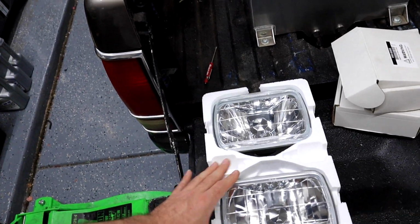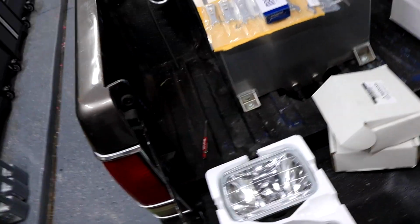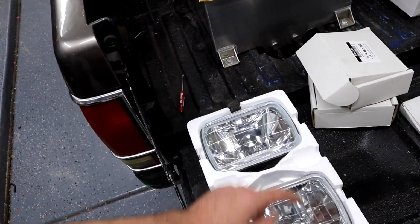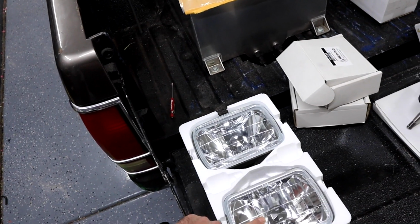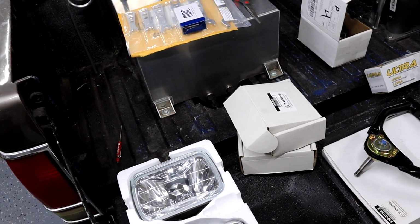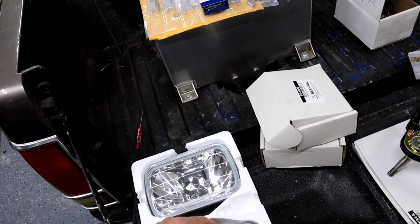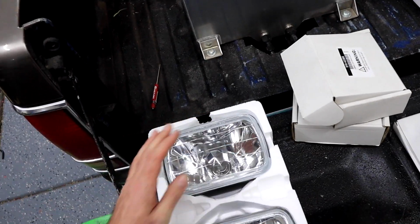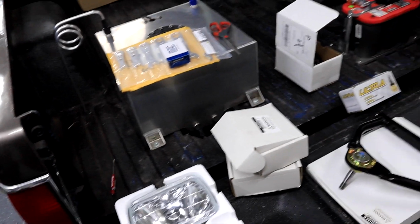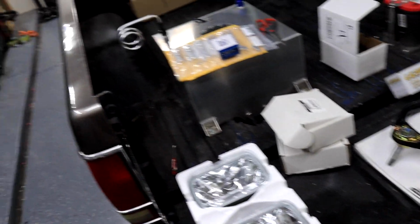Got me some cheapo Amazon clear headlights to replace the stock ones. Just look a little bit better. I'll probably end up putting LED bulbs in here. Kind of bummed because the picture made them look like they were kind of smoked, but these are completely crystal clear. I might do a light smoke over these with that spray paint stuff,